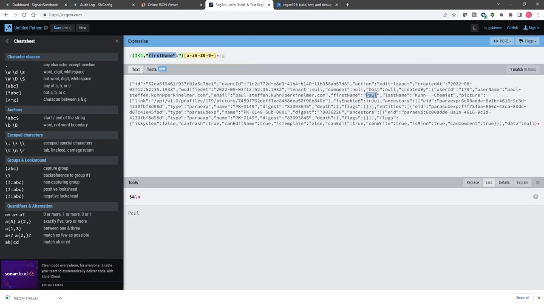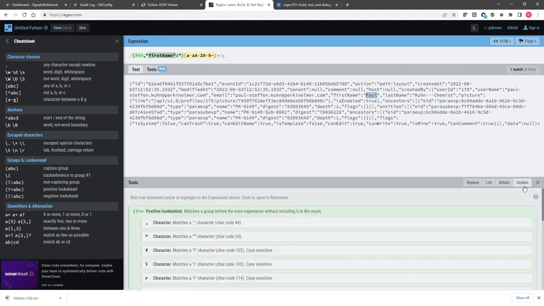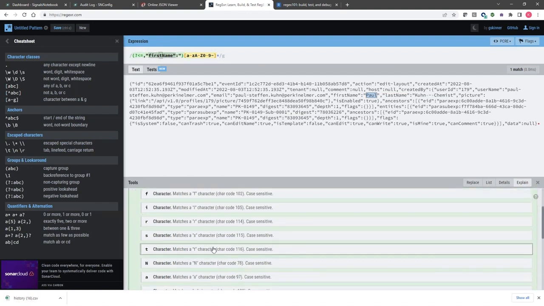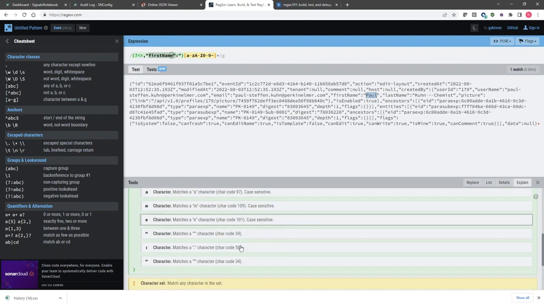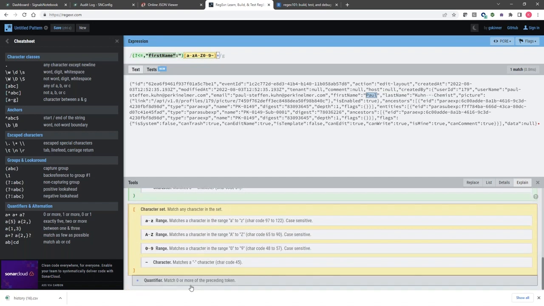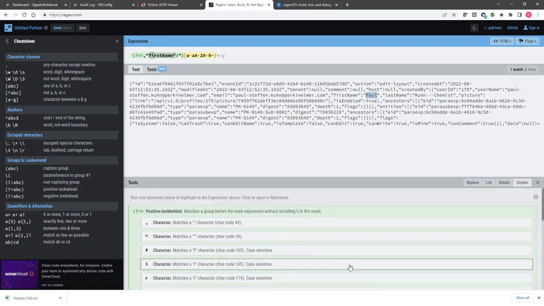And we find really one match. It's highlighting it nicely here. It's finding Paul. I can look at the details, and I can also get an explanation about what is happening. So it's looking into those characters, it's matching, it's case sensitive, and then we see the character set that it's matching. So I really get feedback live and in color on what I'm putting in. Similar, the other